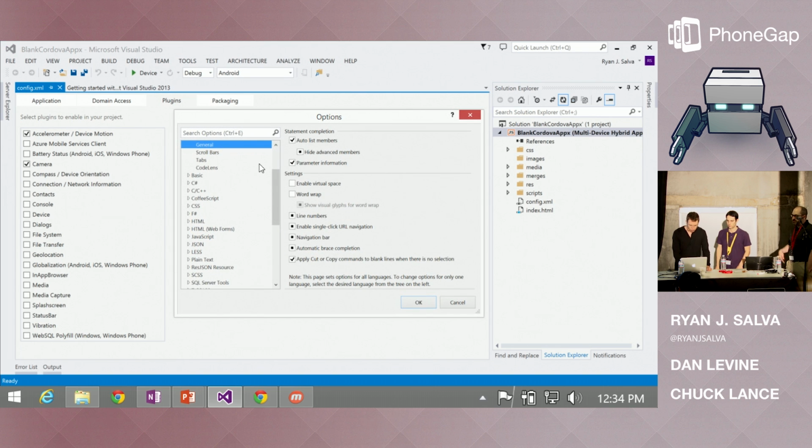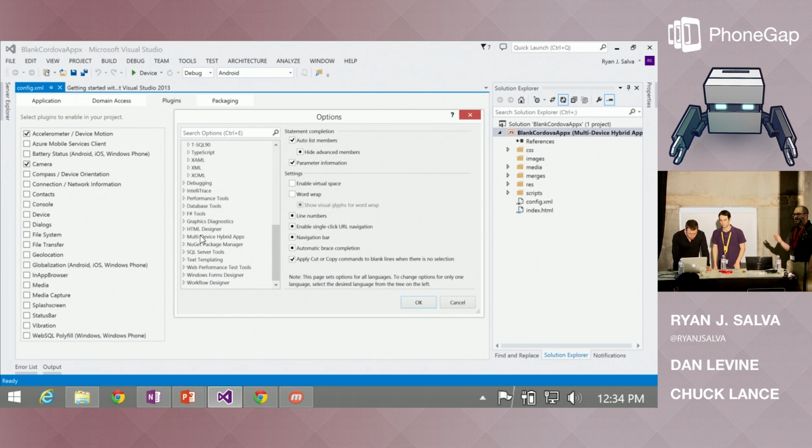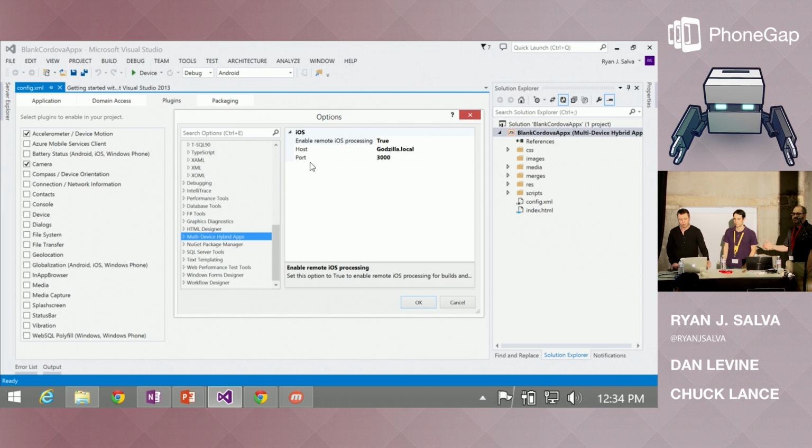And effectively, while he's doing that, the way to think about VSMDA Remote is it's effectively a remote CLI command runner. What's happening is we're packaging up a CLI project with everything that needs to happen, shipping it off to the Mac, and then running the last mile to get that iOS build to happen and to do other things that you can only do from a Mac. So it's designed to be lightweight, easy to use, and it's a simple NPM package that you can install.